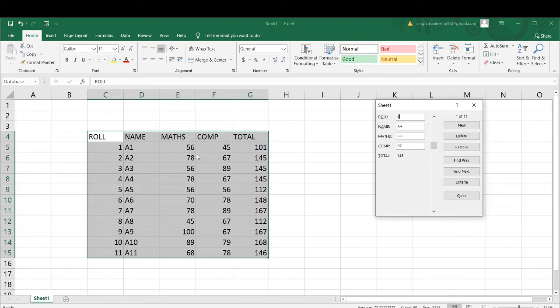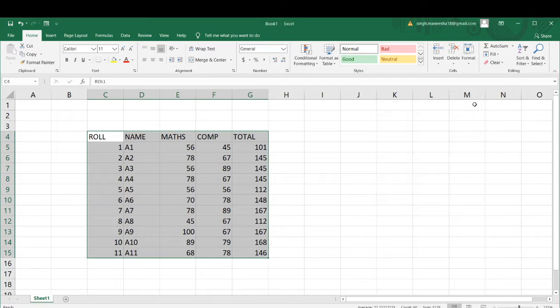Although right now there is very little data in front of you, if it is huge data, like think about a bank database, it is huge. So if you want to search the record of a particular employee, how will they search it, children? They will not scroll through the table. They will just write down their ID, their account number, and everything will be in front of the one who is searching. Now close this, and you can also delete. You can select and delete the record through the form also.